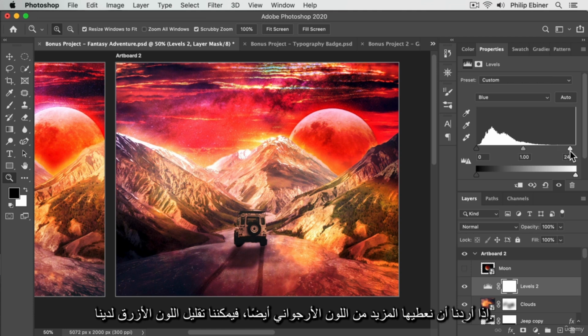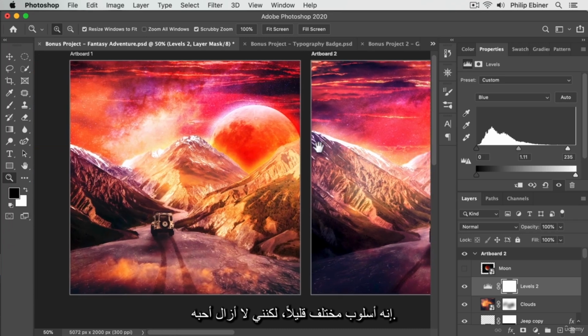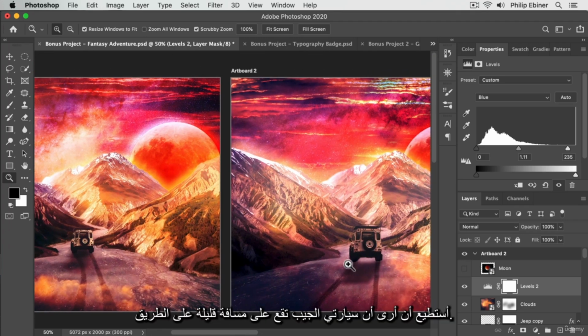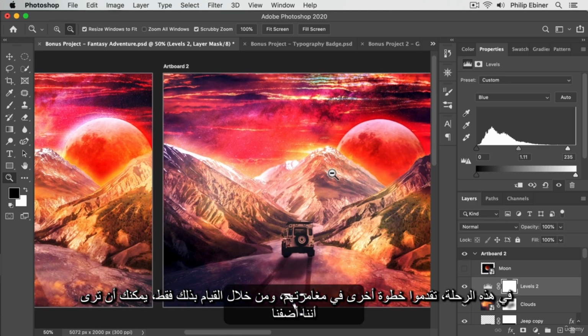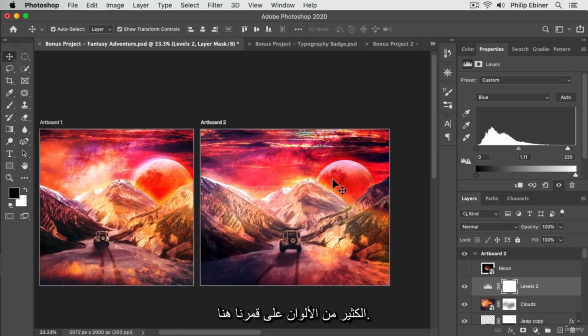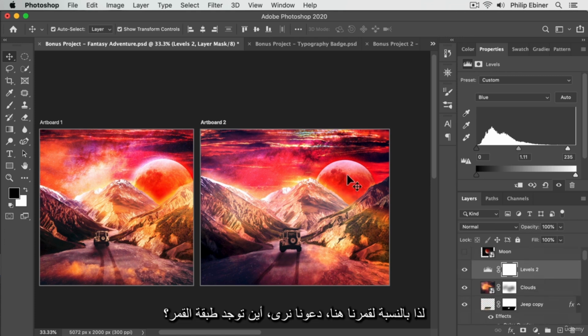If we want to give it more of a purplish tint as well, we can bring down our blues, maybe, let's see, yeah, we can give it super purple. It's a little bit of a different style, but I still like it. You can see that my Jeep is a little bit further down the road in this one. They got further on their adventure. And just by doing that, you can see that we've added quite a bit of color to our moon back here. Now, I think that moon is a little bit dark still,